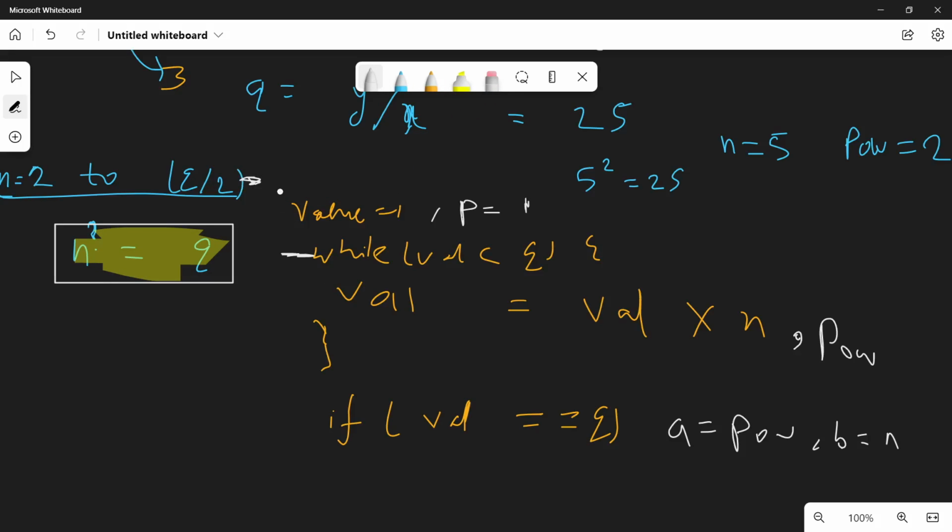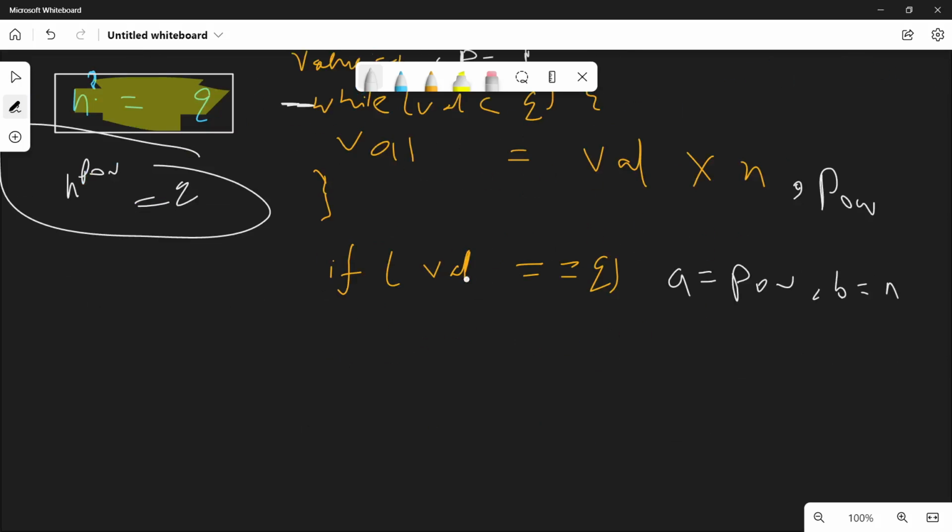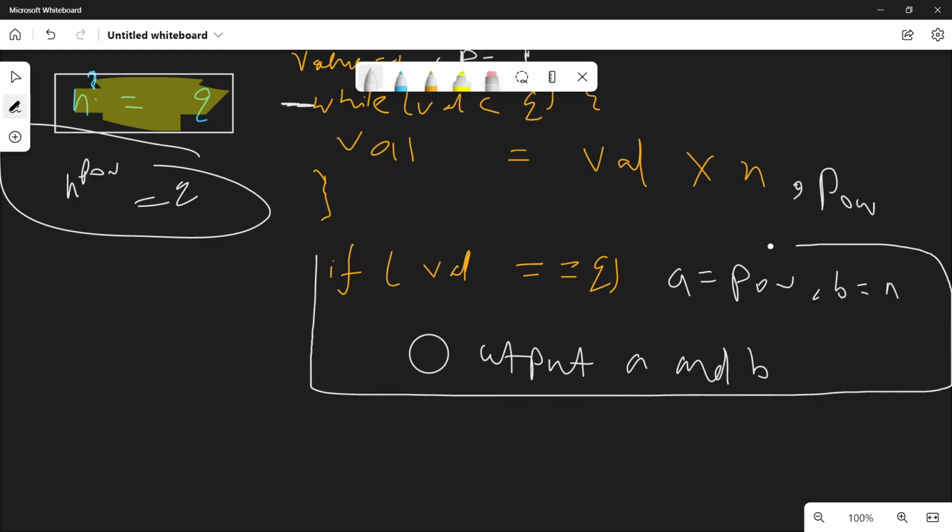You can run two loops, and the case can also be that there is no such value for which n to the power something equals q. If value equals q, you can output a and b, and the work is over here.